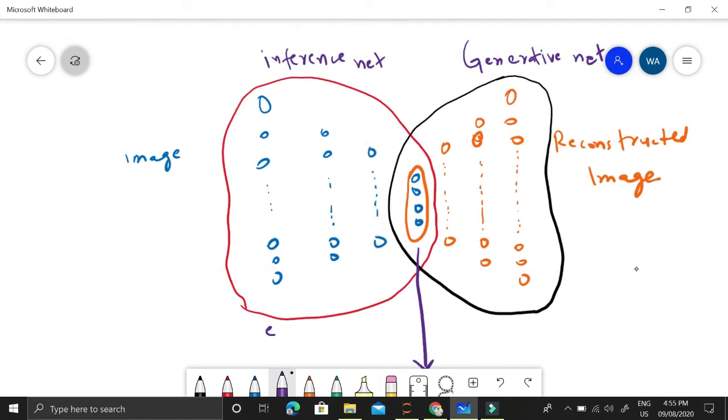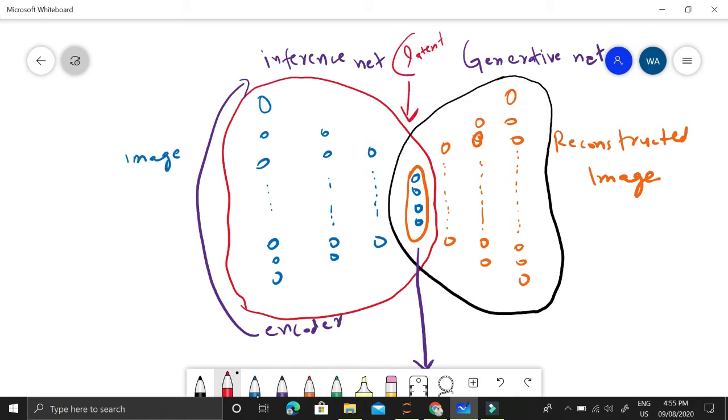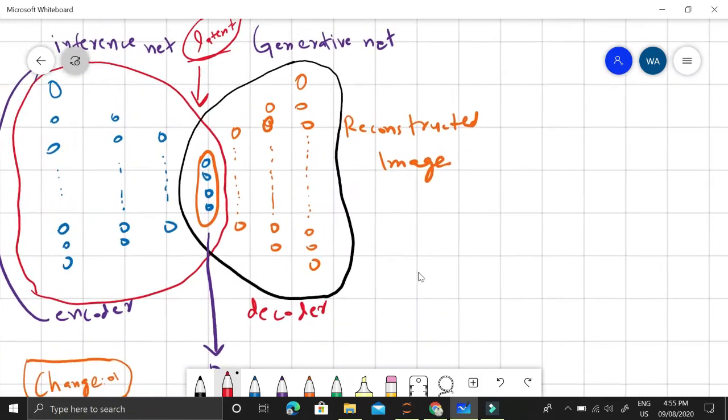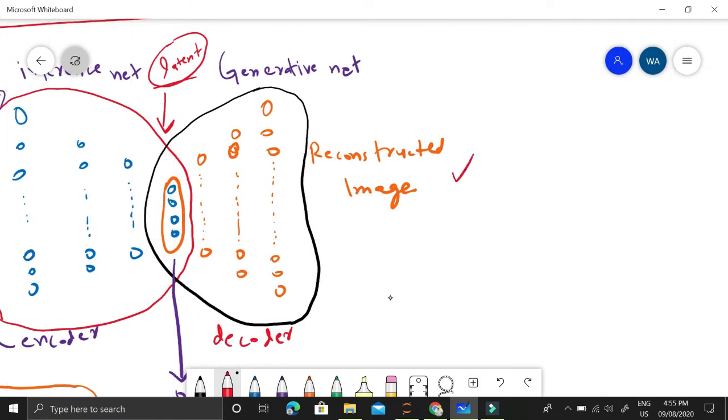First of all, we have this encoder part. We can also call it the inference part, because what the encoder does is capture the hidden latent dimension, or the hidden features, or the encoded dimension. There are a lot of names for it, but this is a compression part where the image is compressed or reduced into this latent dimension. That's why we call it the inference net or encoder part, because we are encoding the image, or we are inferring the latent dimensions from the image. The second network is also called the decoder network or the generative network, because given this latent or hidden dimension, we are generating or reconstructing the image.